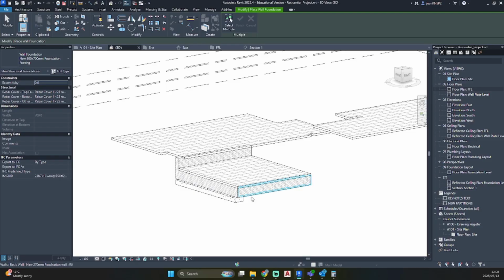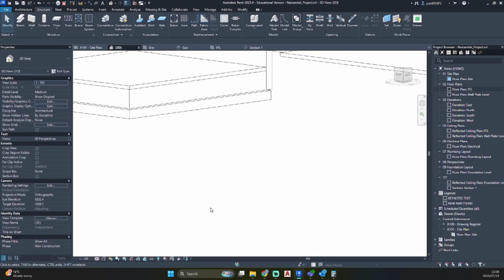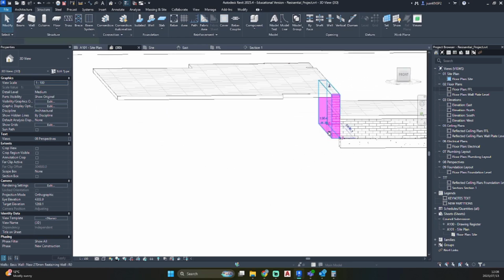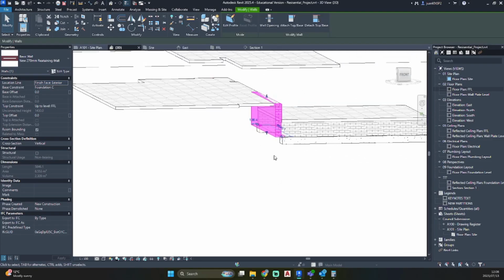So let's click on the wall, click on the wall, click on the wall. Due to this being a retaining wall, we would need a different foundation setup.